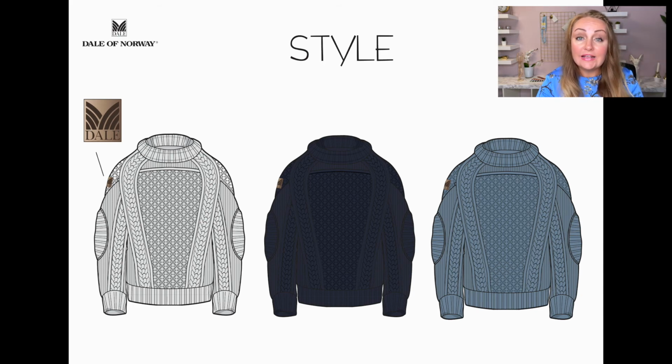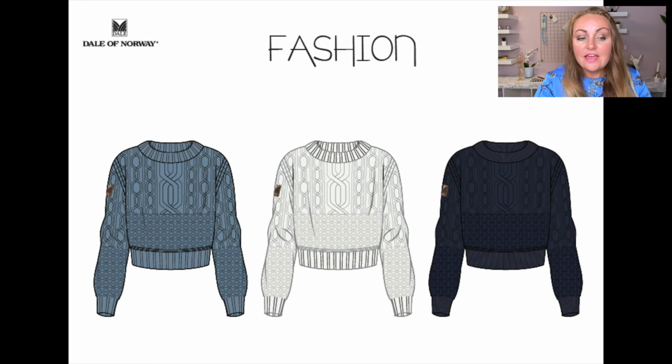Okay, so for the ladies' fashion style, again, I went with a shorter, more cropped sweater style. Not too cropped. It's not just underneath the boobs. It's a little bit longer than that, but it's just a more in-season style. It's a good style for next year. So I went here again with the more chunky yarn, the heavy gauge, the big, bulky, cozy, really amazing